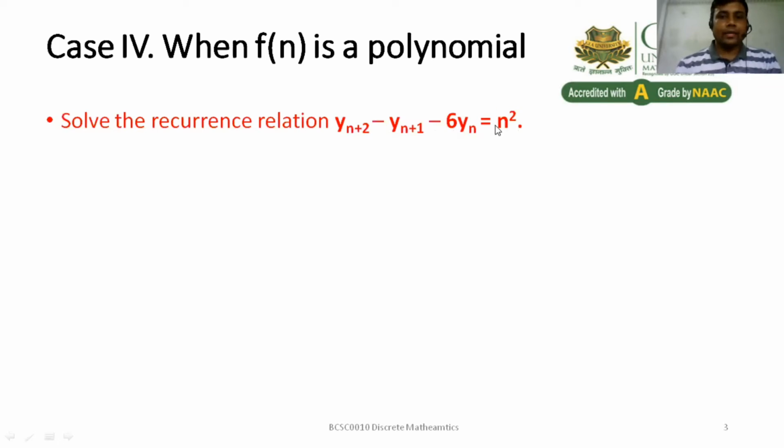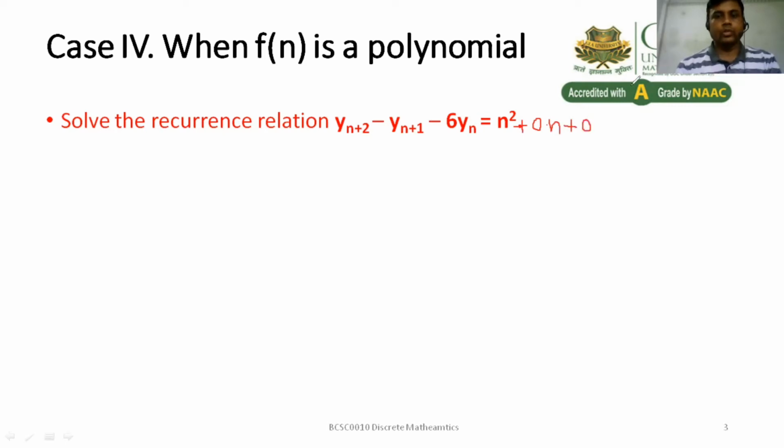And here the non-homogeneous part is n square, which is a polynomial of degree 2, because this n square can also be treated as n square plus 0 times n